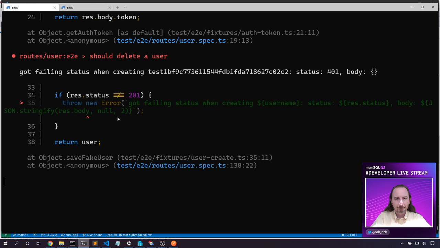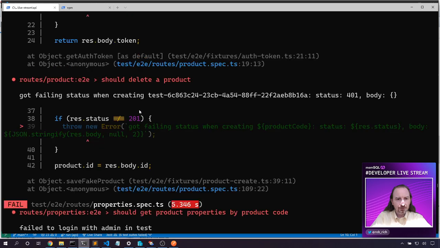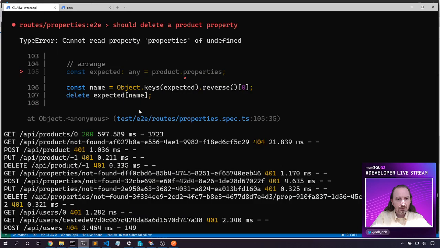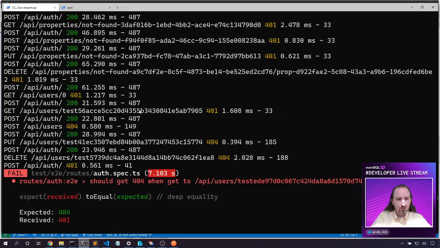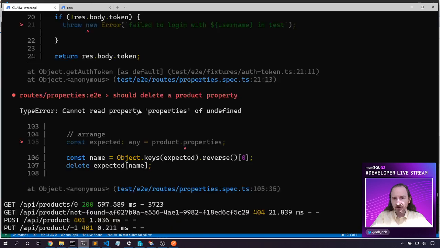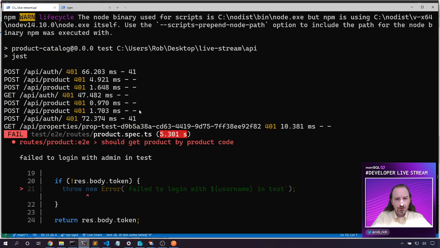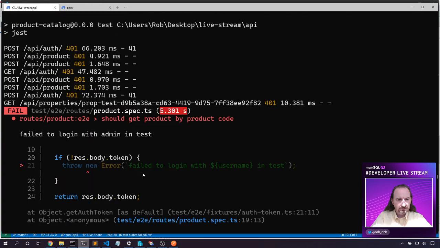So up at the top of the errors, that might be last test run. Actually, I believe I cleared screen before that. Nope. Here we go. Failed to log in with username in test. Failed to log in with admin in test. Ooh. That is cool. Did our test change our